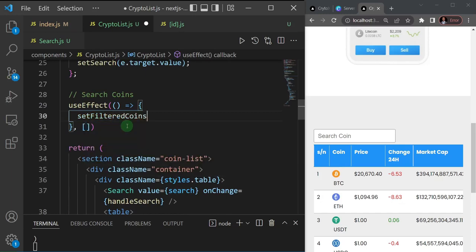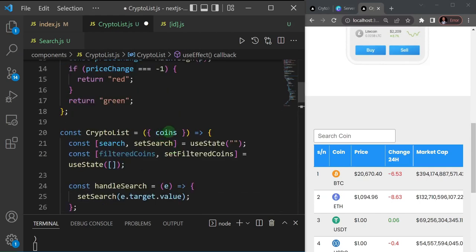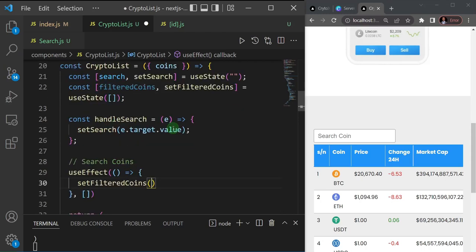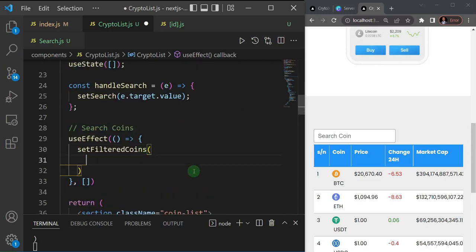All right, let's open up our parentheses here, and basically what we want to do is we're going to take the original prop, which is this coins prop, and we're going to perform a filter array method on top of it. So I'm going to open this my guy here and I'll say coins